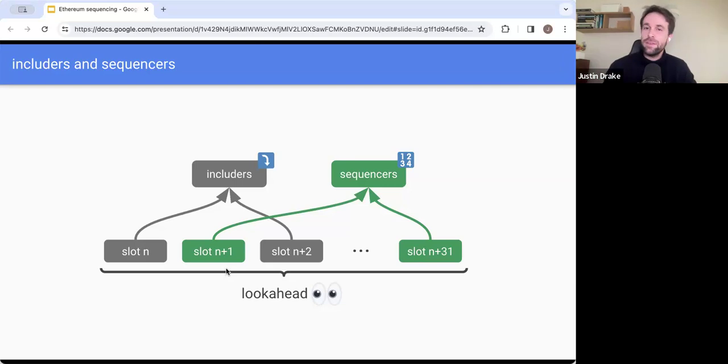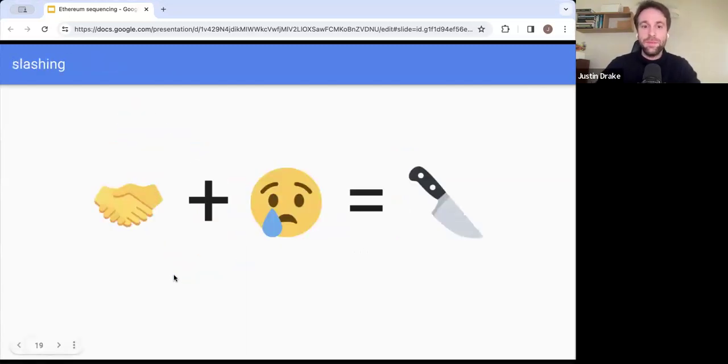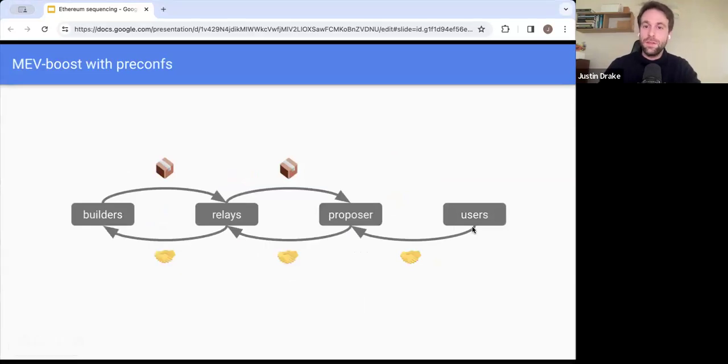In terms of giving an advantage to specific players, the thing is that all these pre-confirmations will eventually be given to the builders. So in order for the builder to build a valid block that respects all the pre-confirmations, they have to have a view of all the pre-confirmations. So at the very least, if it takes, let's say, 100 milliseconds to build a block, they need to have all the information 100 milliseconds before the PBS deadline.